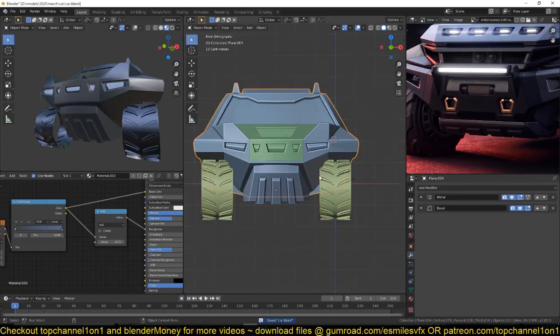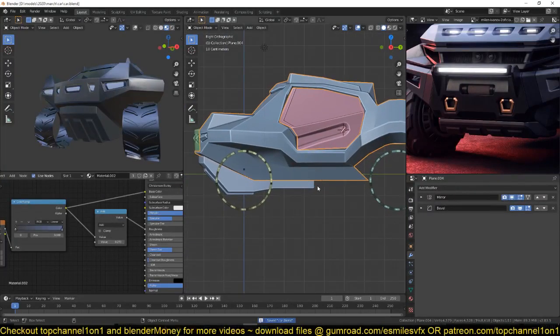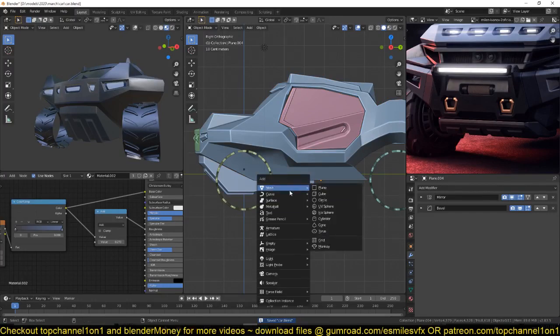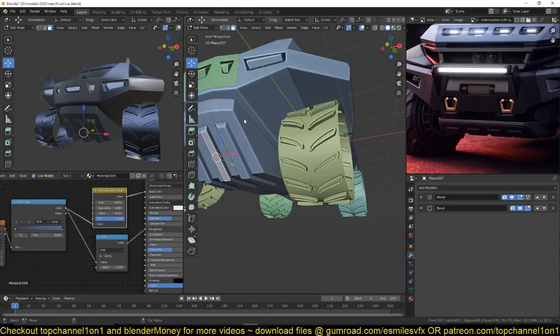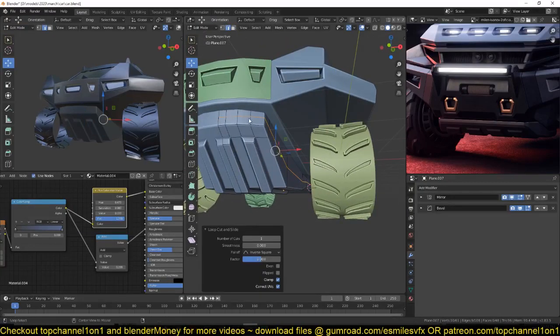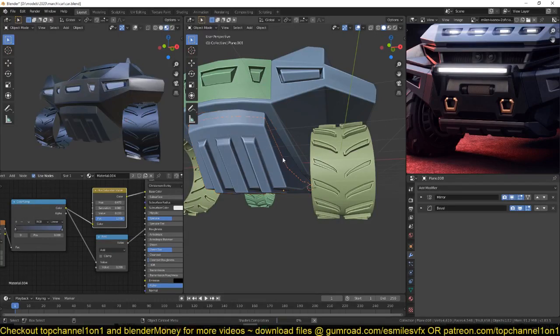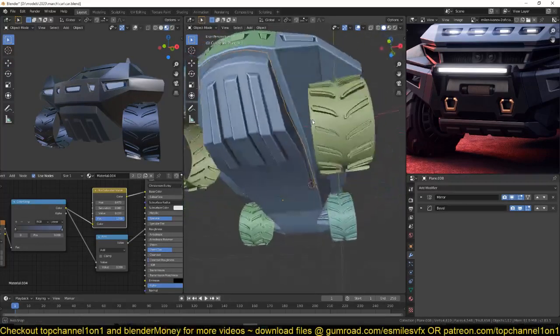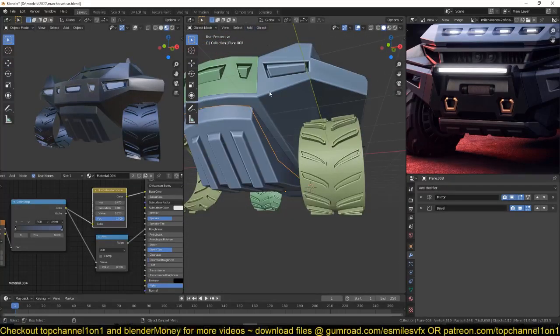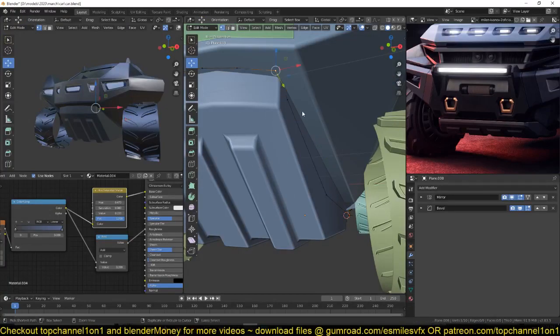And to sell this a bit more, we're going to need some metallic bars. So for those, I'm just going to use, let's see, what should we use? I can just add a loop around here, duplicate that, and then separate it into its own object. And I can use Alt S to push that out just a bit along its normals, and I think we can round off this corner here